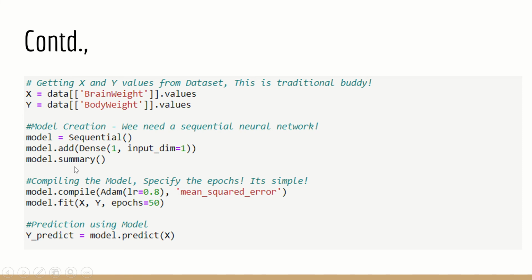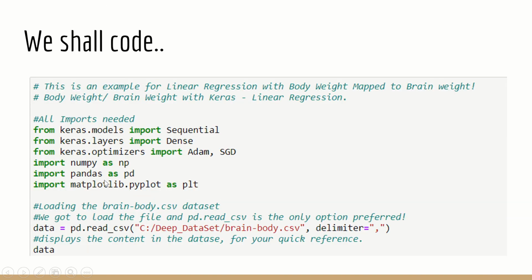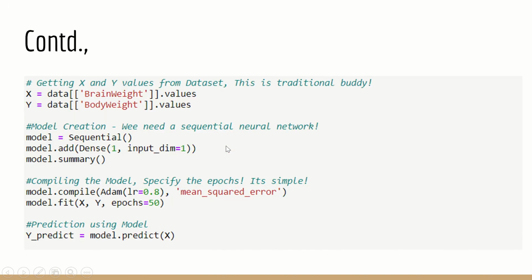Now what is the next step? I have built the model, but keeping the model in hand is not sufficient. I need to compile it. So for compilation, I use model.compile, and we have already told that I'm importing. You can see that I have already imported optimizers like Adam and SGD. So I have used that optimizer here clearly, and mean squared error is also specified. Now I need to have the fitting done with the number of epochs being specified.